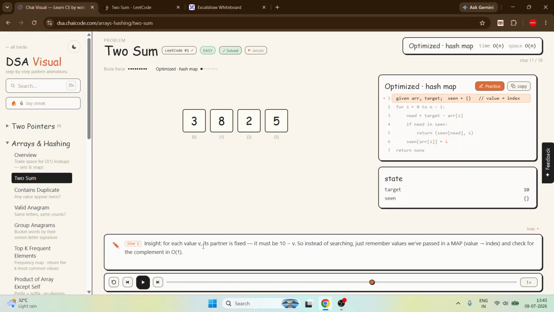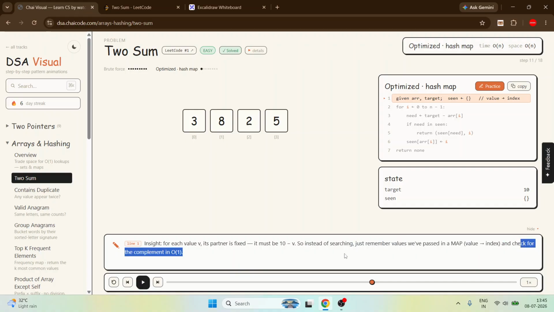Let's first visualize it. For each value v, its partner is fixed. It must be 10 minus v. So if v is the element, 10 minus v is always the partner, because 10 is the target. So instead of searching, just remember the values we have passed in the map.